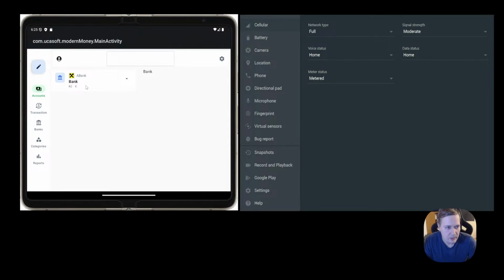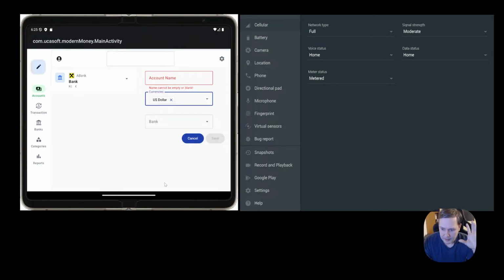So, for example, when we try to create a new bank, you see "currency account must contain at least one currency," yeah? And if I choose something, you see there are no changes inside the layout, inside this interface. But if I remove it, I will have a smaller space between currency and bank. But when I remove currency, it will add this text and it will be jumping.